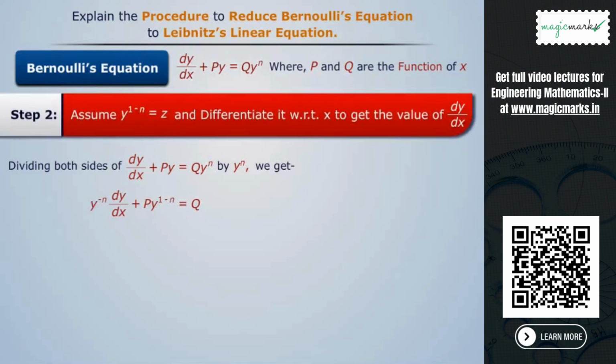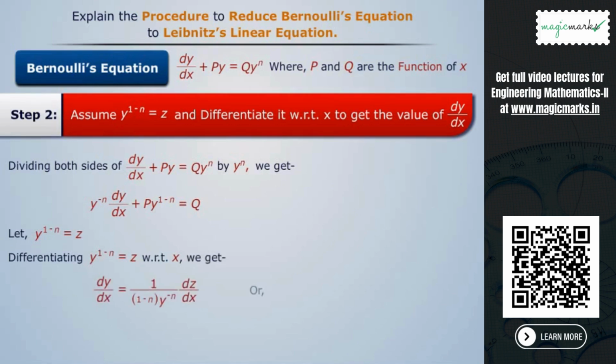In the second step, we assume that the term y to the power 1 minus n is equal to z and then differentiate it with respect to x to get the value of dy by dx. So let us assume that. Now differentiating this expression with respect to x, we get or,